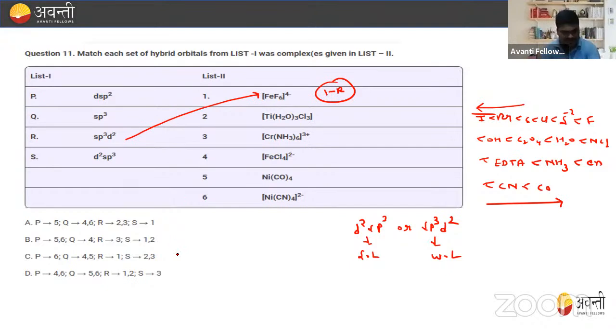So try to identify here: R is equal to 2, R is equal to 3, R is equal to 1, R is equal to 1. So these two options are neglected. So only these two remain. Out of these two, you have to select. Now, in this one,